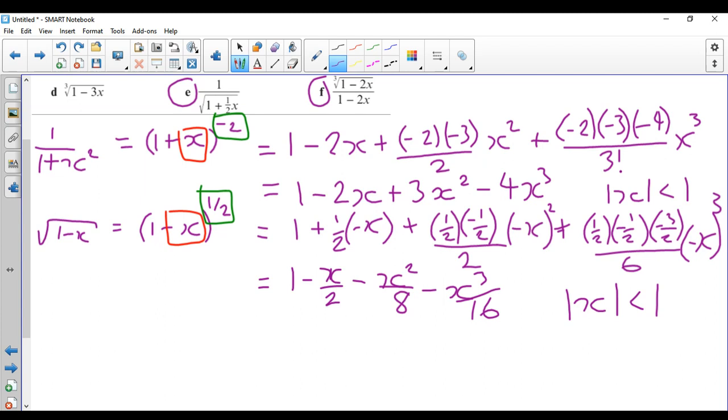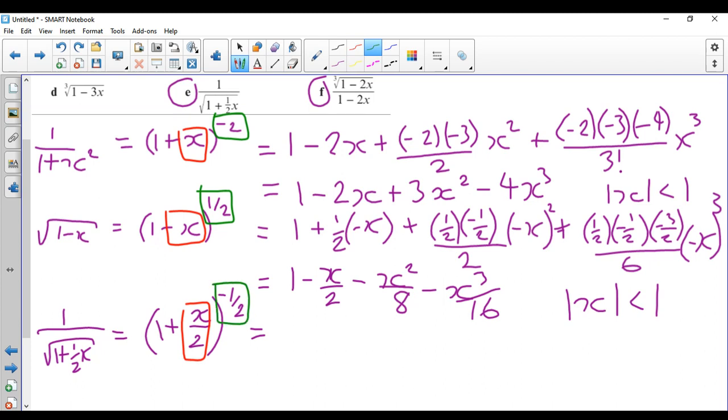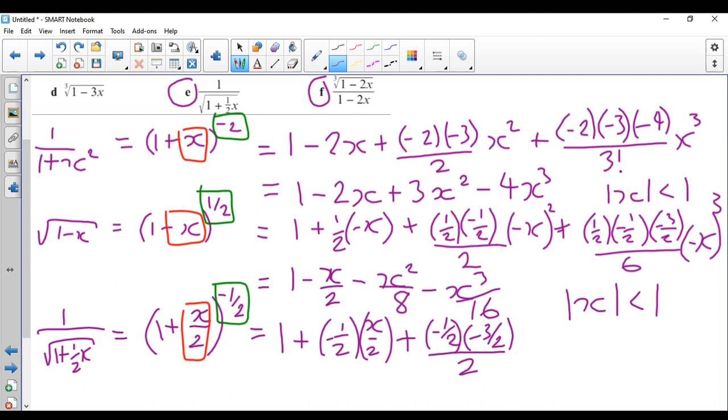part E, and you will have 1 over the square root of 1 plus a half x. So again, use your index knowledge. That is 1 plus, and I'm actually going to change that to x over 2 because it's going to make it slightly easier to write into the brackets. Just saves a little bit of writing. So identify your x, identify your n, fill in the formula. 1 plus minus a half x over 2 plus minus a half minus 3 over 2, so that's n take 1 over 2 factorial, or just 2, x over 2 squared again,